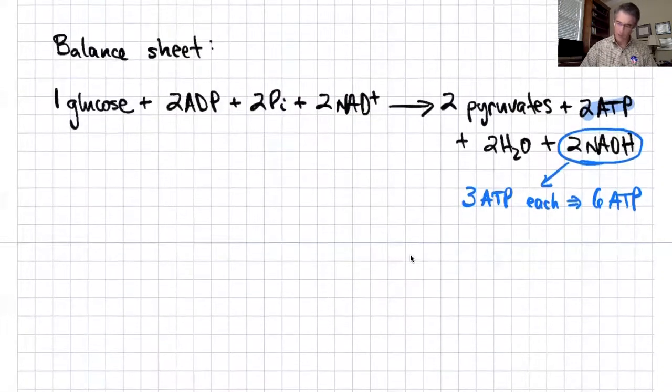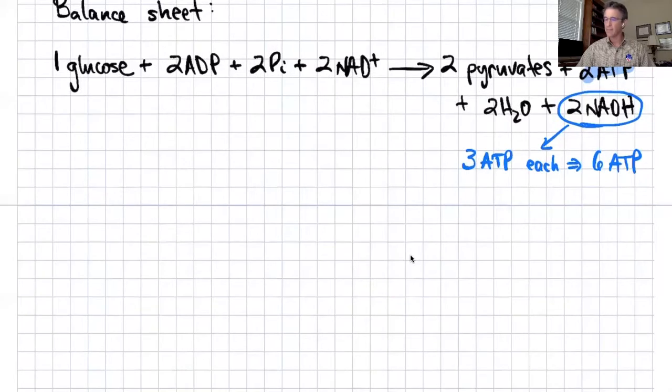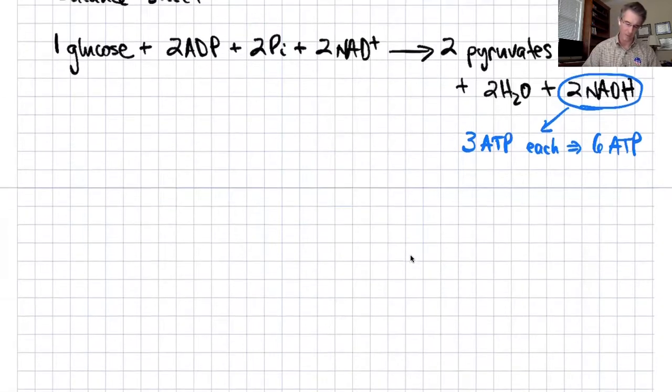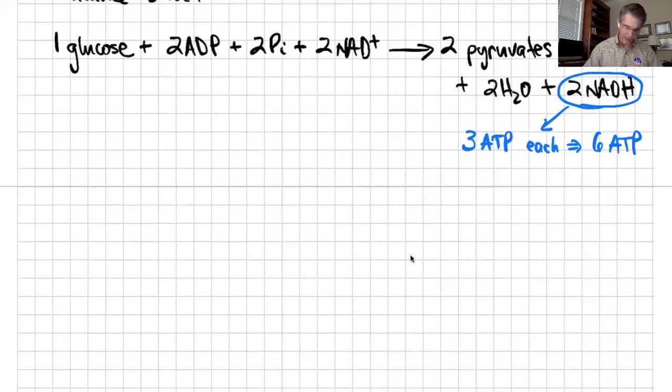And if you look at the net, if we consider the whole production and we take out the ATP we had to expend, just consider what our actual balance would be from 1 glucose, subtracting out the cost, we would have 8